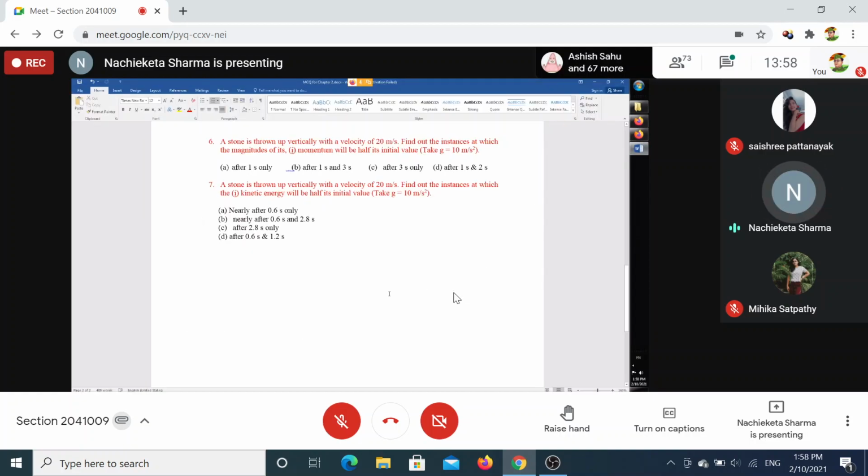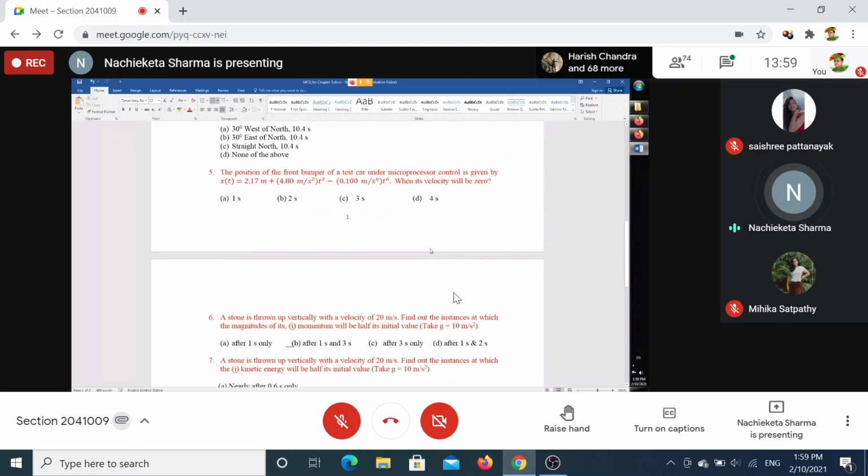Okay, and similarly you can calculate for kinetic energy, which is half mv square. When the velocity is such that the kinetic energy will be half, what will that velocity be, and after what time, that you can find out. And because half mv square has no connection with the sign of the velocity, since velocity square is there, there will be 2 points where the kinetic energy will be half. That you can work out. So we have still other questions to work out, but we could not find time.